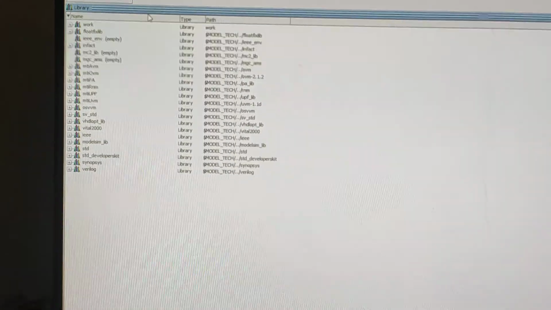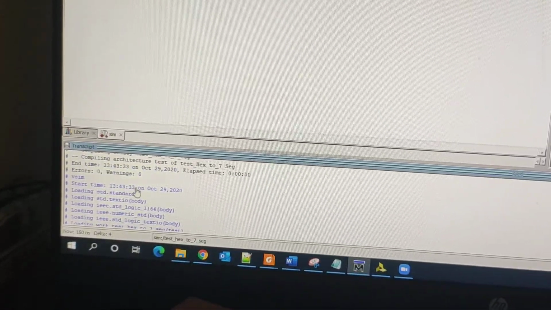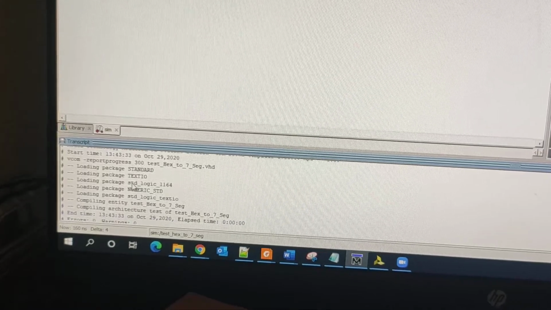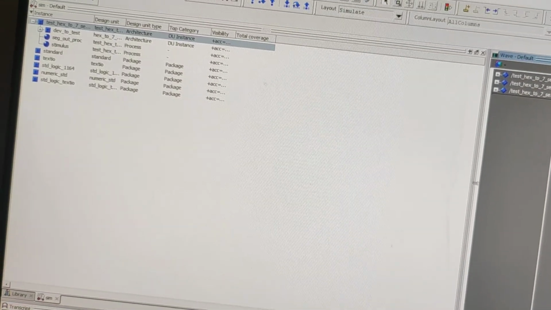Hopefully it will work. Yes, it's showing success with 0 errors and 0 warnings. It compiled successfully, and now let's see the waveform.